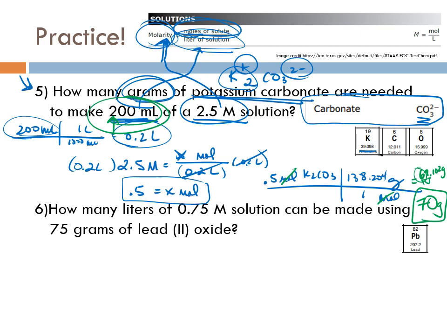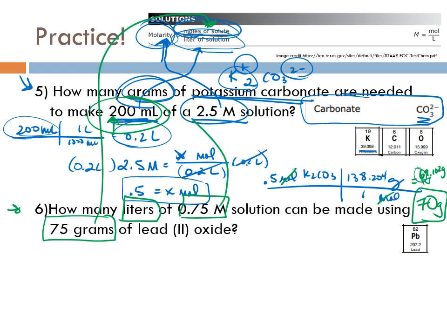Good? All right, same thing here. You go ahead and set this one up yourself. We're solving for liters. You're given molarity and you're given grams. Remember, you've got to turn your grams into moles, plug your molarity in here, and solve for liters of solution. All right, so hopefully you put this guy in for molarity, so 0.75 moles is going to equal moles of